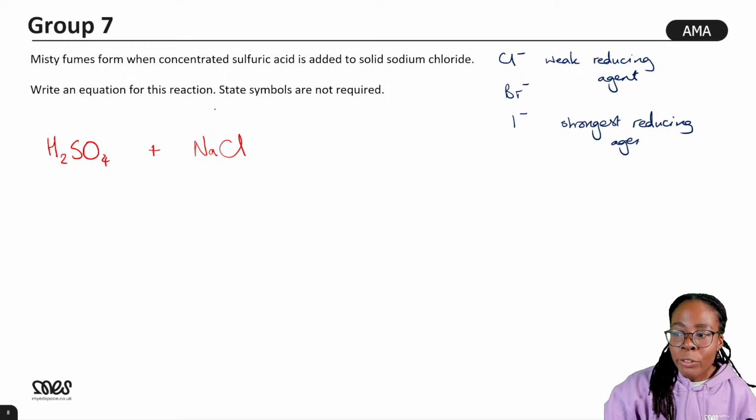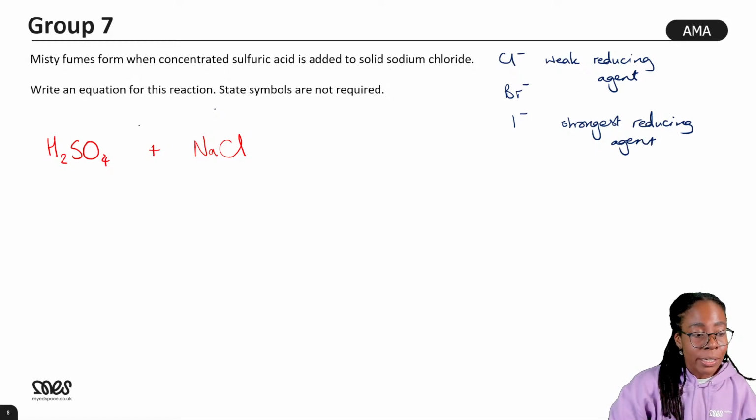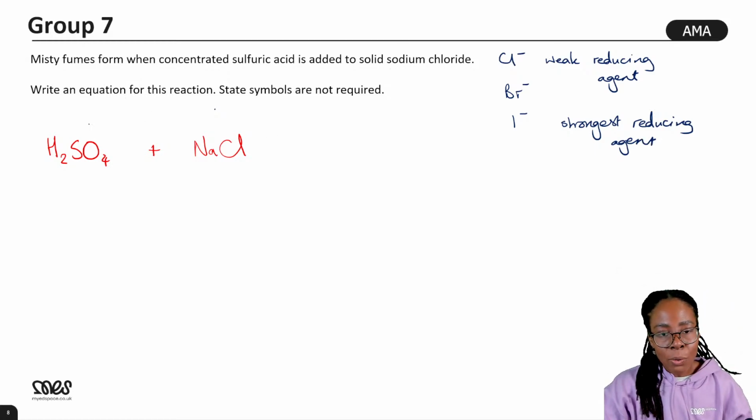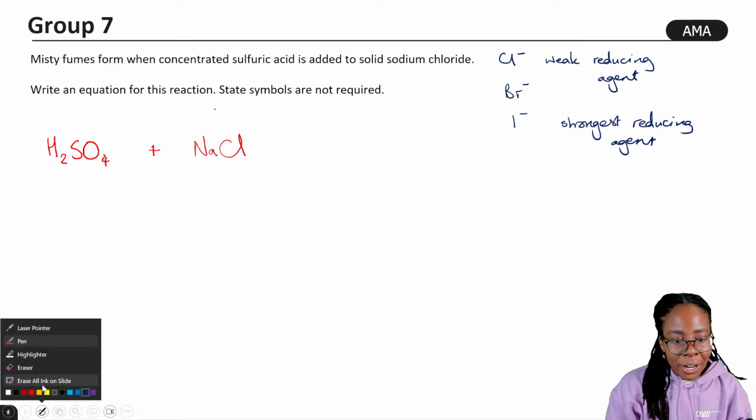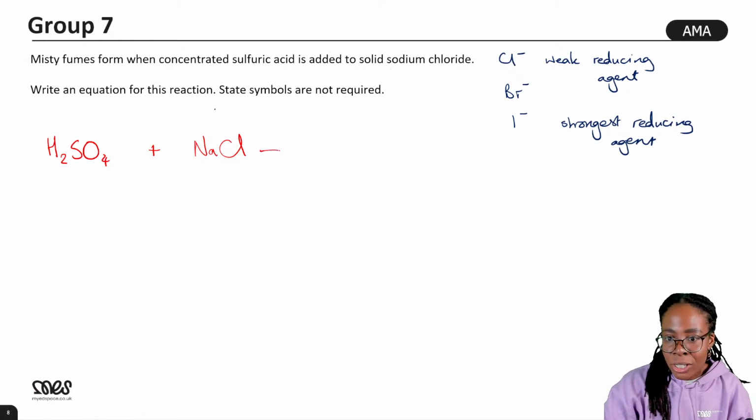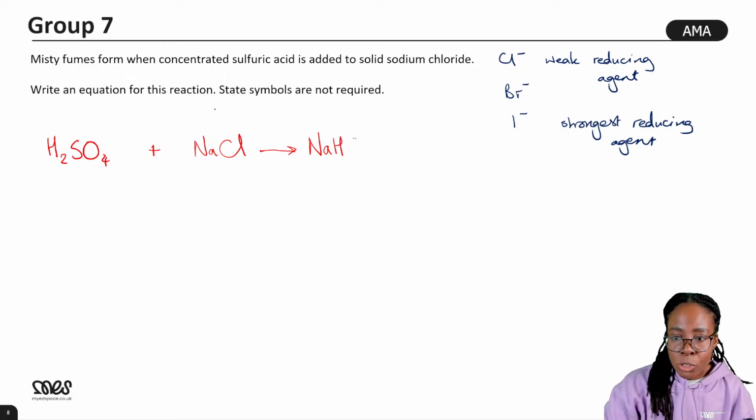When we react sodium chloride with sulfuric acid, because chloride ions are the weakest reducing agent, they are not able to reduce the sulfur at all. So instead, the products that we get are just a salt, so sodium hydrogen sulfate, and HCl. And this is not a redox reaction. This is just an